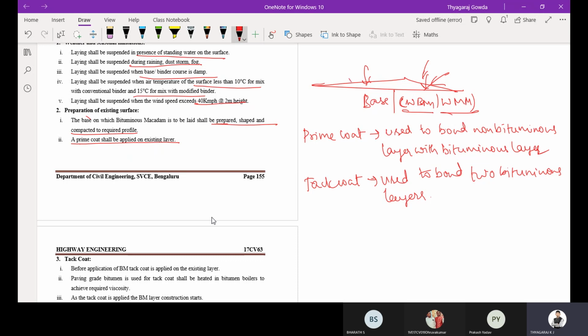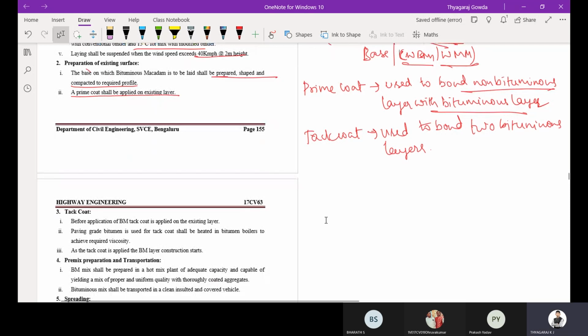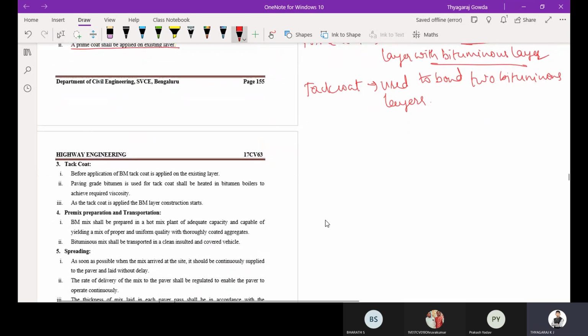Since we are laying bituminous macadam, which is a bituminous layer, and the existing layer is non-bituminous, we apply the prime coat on the existing non-bituminous layer. Then after applying the prime coat, we apply the tack coat, before application of BM. So after the prime coat, you apply the tack coat.